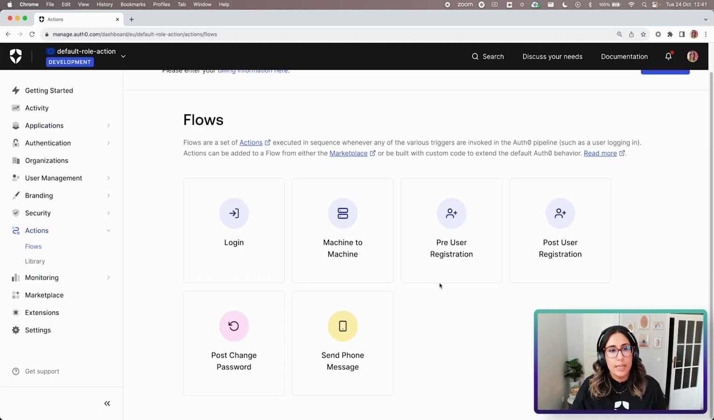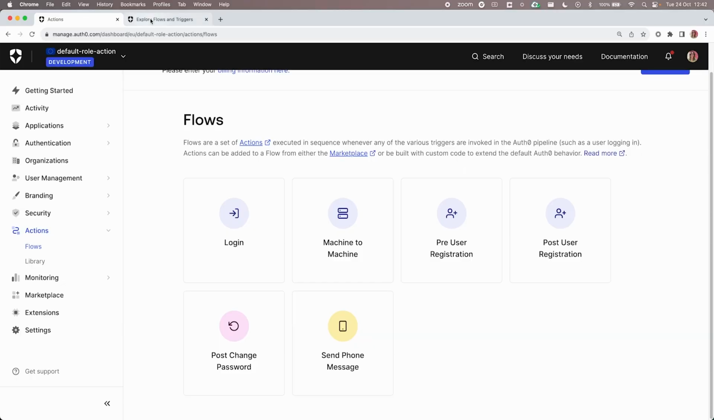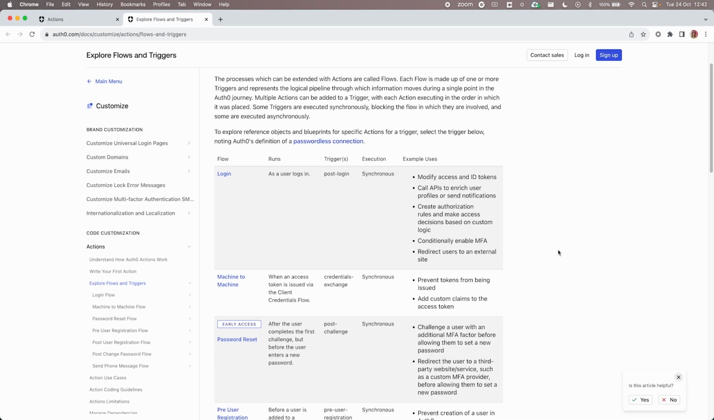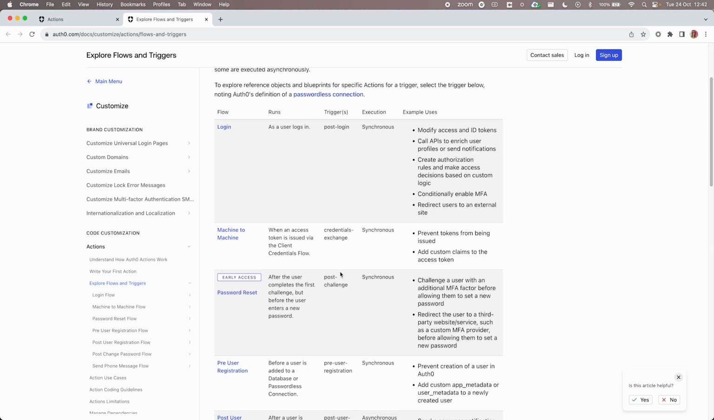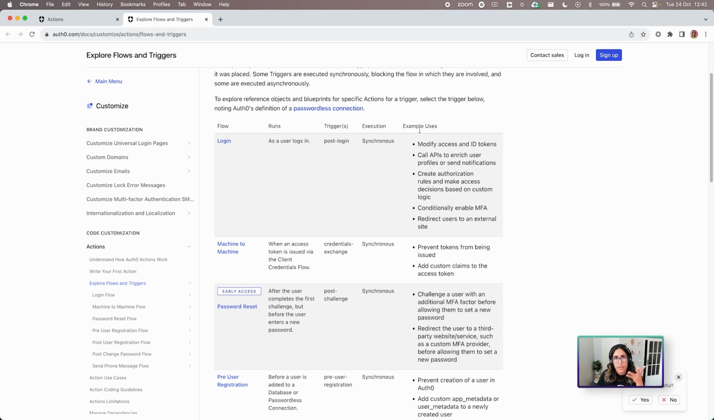And here you can see some documentation and information about the flows and triggers. Now, the premise of this video is that we're going to add a default role on sign up. But if we get to the flows and triggers, and this happened to me when I was doing the research for this video, you can see here when each flow runs, what triggers it, if the execution is synchronous or asynchronous, and what are some example use cases that you might have. If we go to the